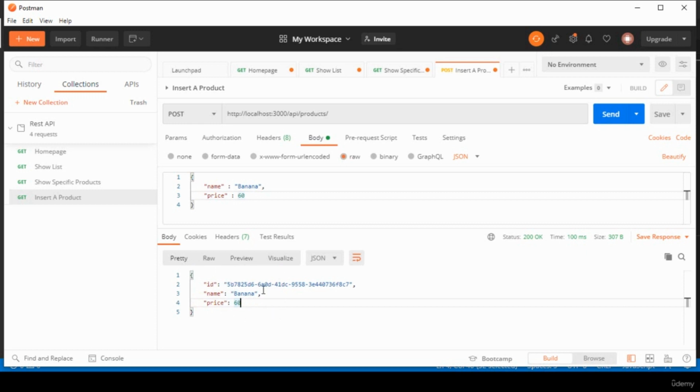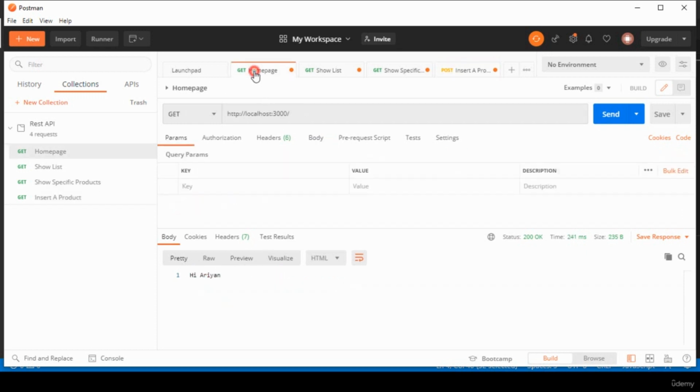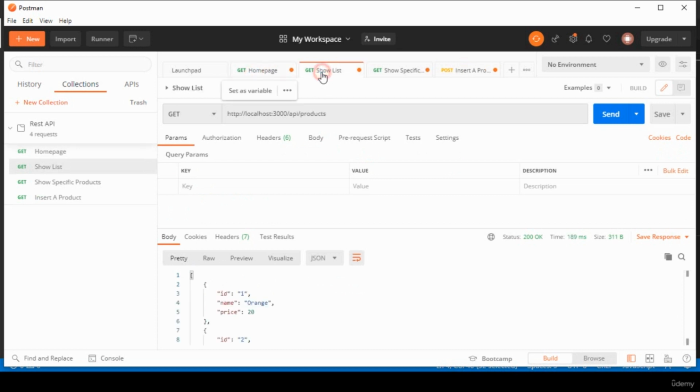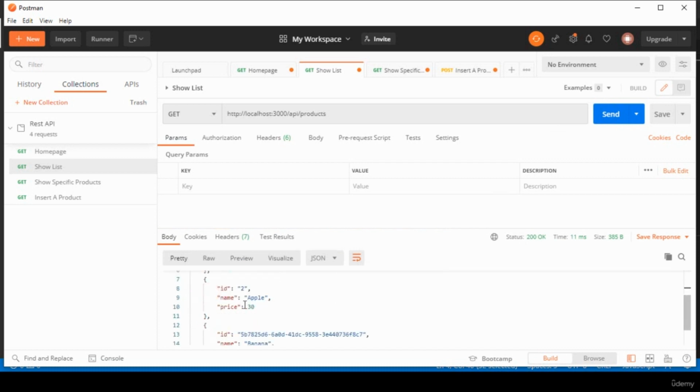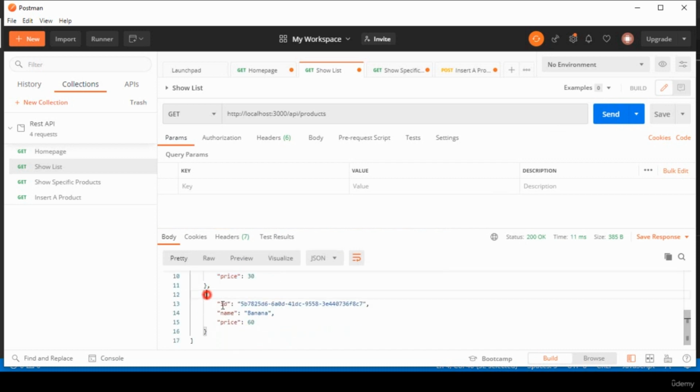If you want to check it, I have already created one GET method to get all the data. You can see that is our API and then products as a GET method. So before that there was one ID and then two ID. Now I want to check another one is successfully added or not. If you now click send again, now there is our 1, there is a 2, yes, you can see now there is a new data is